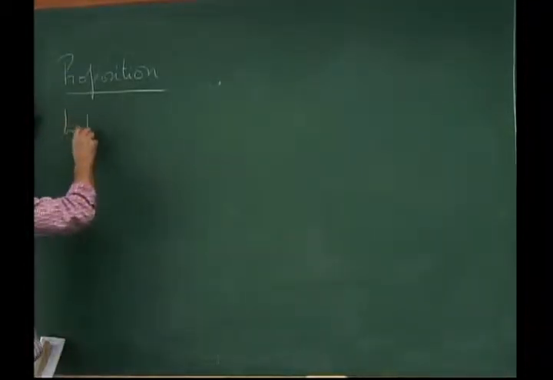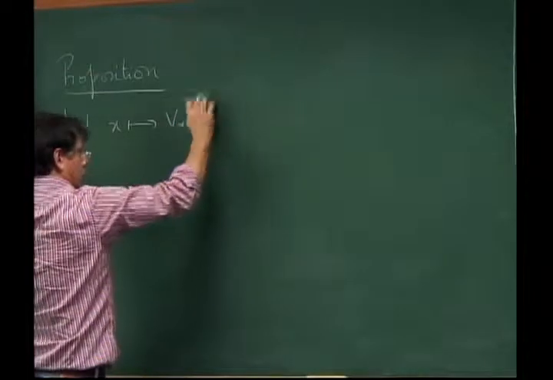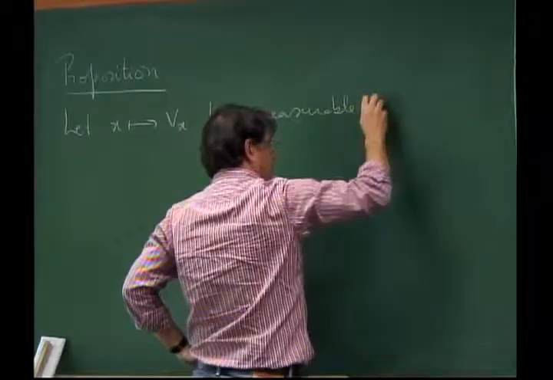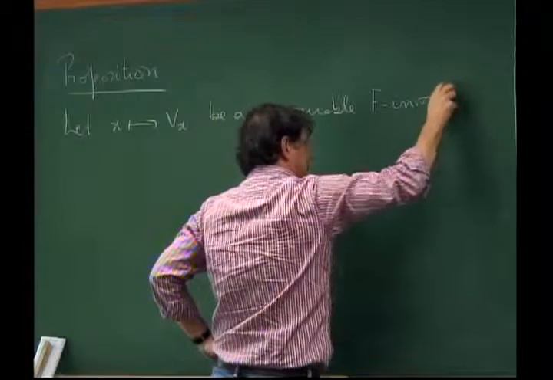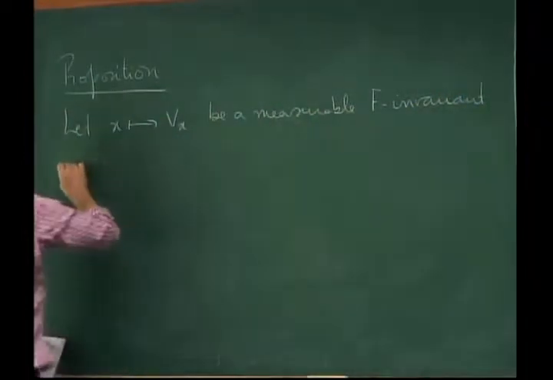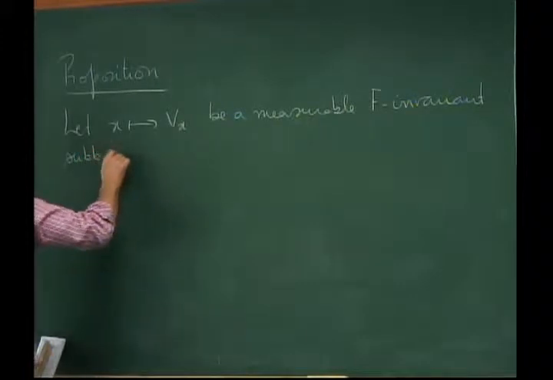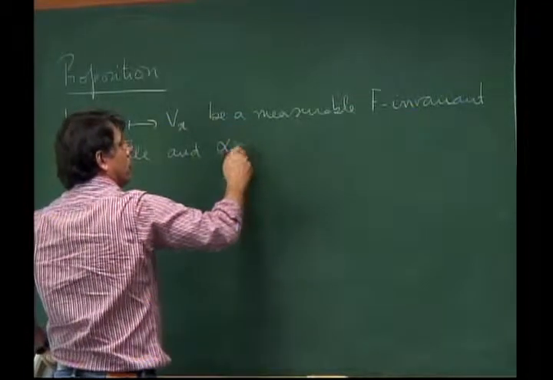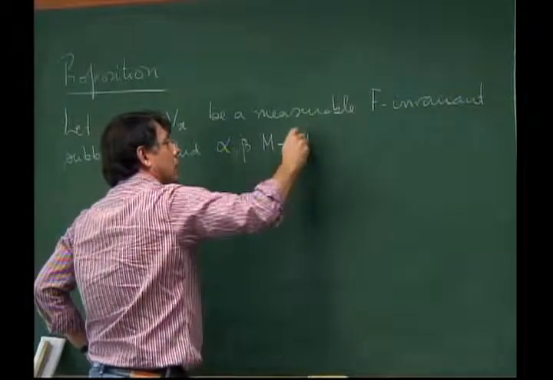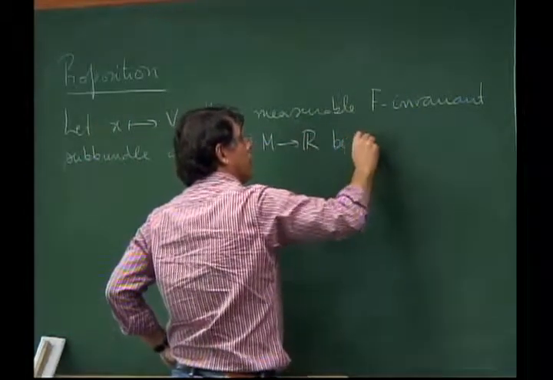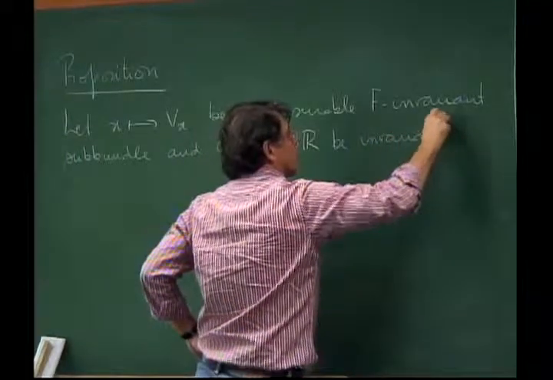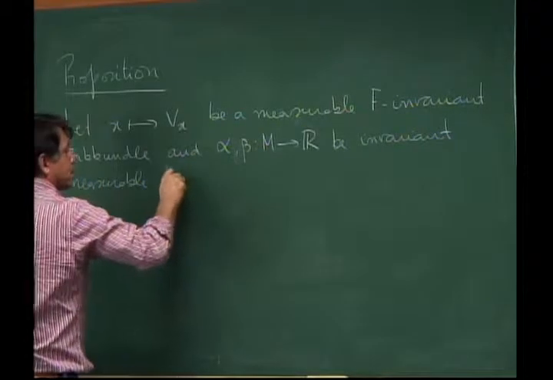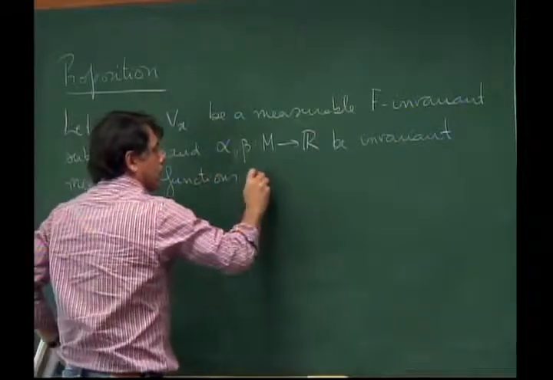So let x be a measurable f-invariant subbundle, and alpha, beta be measurable invariant functions such that